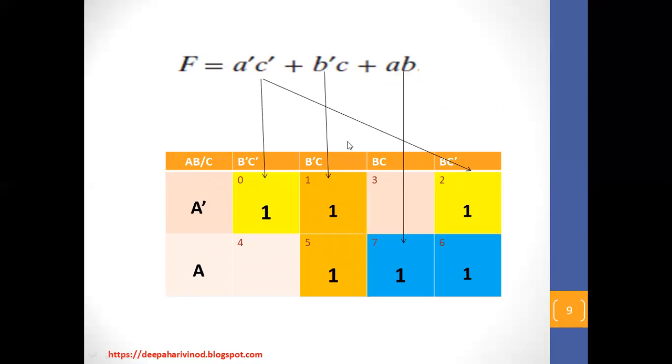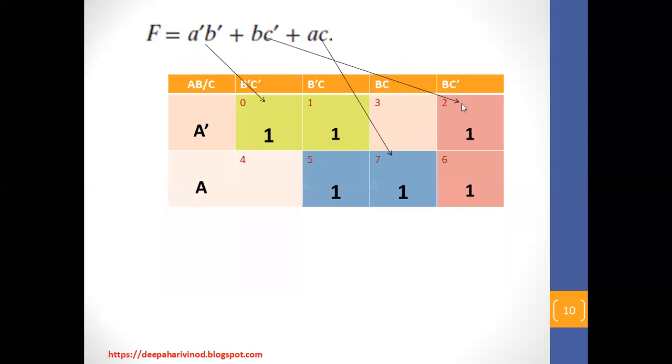So here we can see that 1, 3, 1, 2, 0, 1, 2, 5, 6, 7 are the combination. I have marked it, and for grouping I have given the same shades for ones. So this and this come under the same group. These two can be grouped together and these two can be grouped together. So if we group in this way, then we will get a bar c bar plus b bar c plus